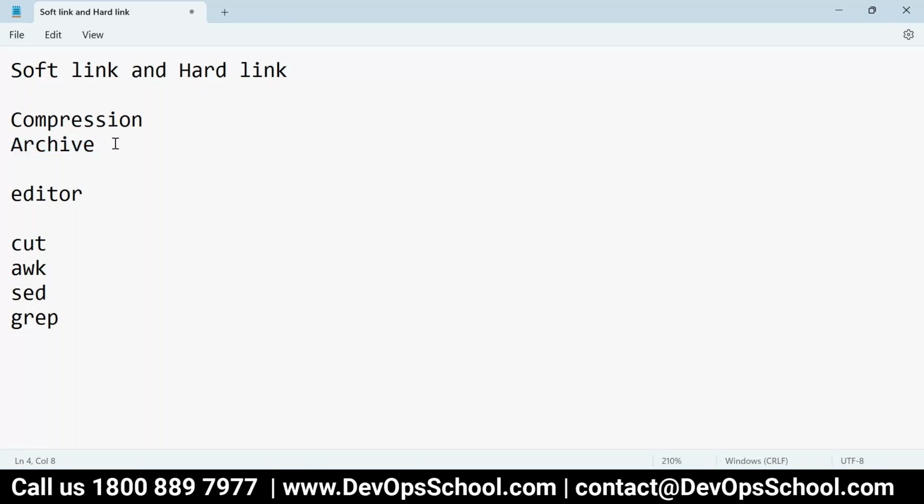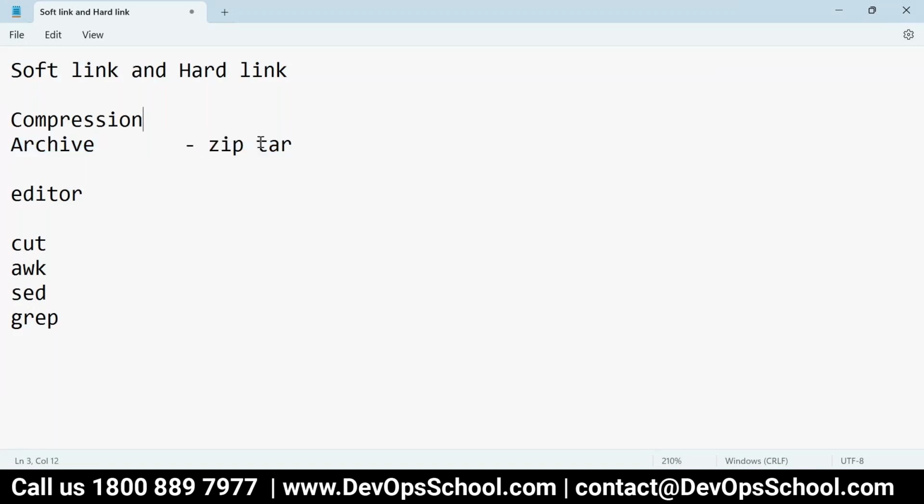No, okay, I'll put it this way. Archive means you have thousands of files or subdirectories, and you want to make them one file, at one place. So here we have two commands. There are many utilities, but one is zip and another is tar. These two you will see in Linux very frequently used. You can zip the files and tar the directories, and it will create an archive.